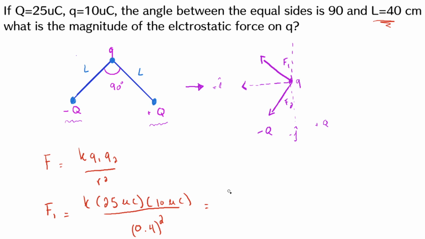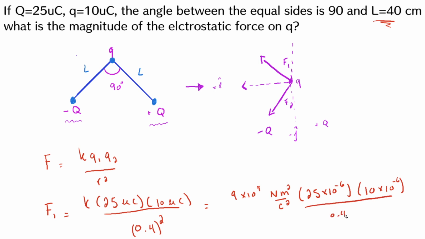So if we were to do this, we know that k, Coulomb's constant, is approximately 9 times 10 to the 9 newton meters squared over coulombs squared. And we're going to multiply this by 25 microcoulombs, which in coulombs is times 10 to the minus 6. Then we multiply this by 10 times 10 to the minus 6. And we're going to divide it all by 0.4 squared. You can do this on your calculator too, because I am in no way going to be doing this in my head. So the answer that I just got on my calculator is